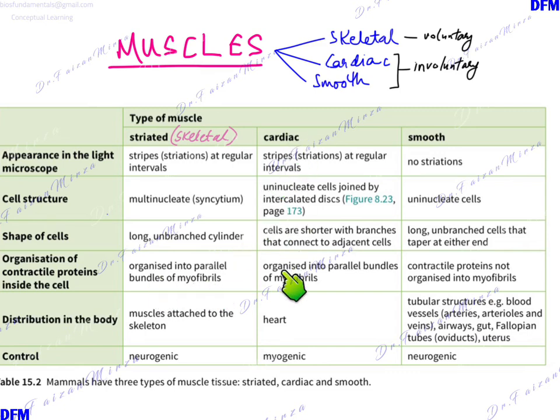For cardiac muscles, again they are organized into parallel bundles of myofibrils. The contractile proteins in both of these are present in myofibrils. What are myofibrils? Myofibrils are simple contractile proteins arranged in parallel bundles. What about smooth muscle? In smooth muscle, the contractile proteins are not organized into myofibrils. So that's the basic description of these